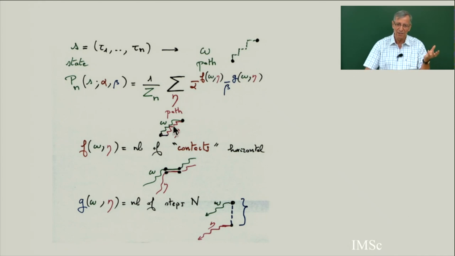There are two parameters, alpha and beta. One of the parameters is the number of times the two paths touch each other. And the second parameter is the number of rightmost vertical edges in the pair of paths. So it's not symmetric, you see. We lose the symmetry. With binary trees, we have a complete symmetry, left and right. In pairs of paths, you lose the symmetry, but you have an explicit formula.